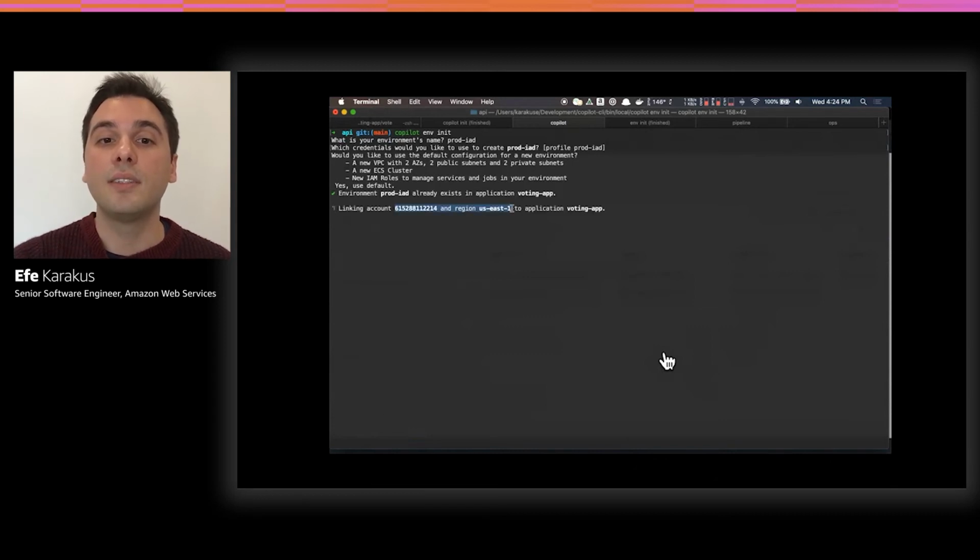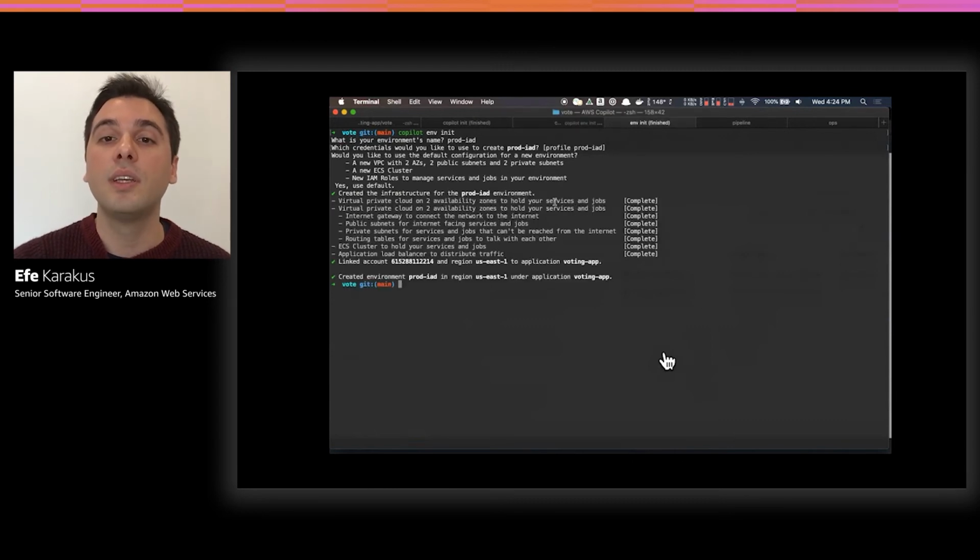And then you can see that the CLI starts linking my account and then creating a new environment in the region that I specified in my profile, US East 1. So I've already done this deployment, and I switch over to the next step to be able to view the UX that Copilot provides. So while the deployment is happening, Copilot will tell you that it's creating a virtual private